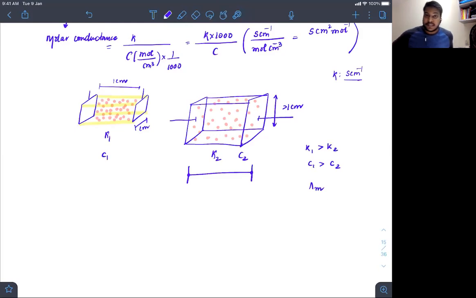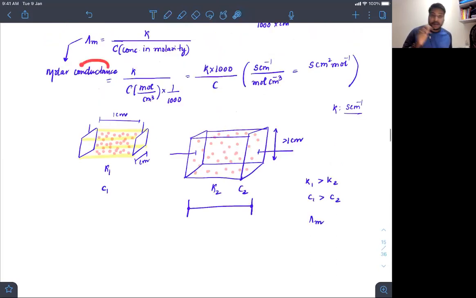एक तरफ कंडक्टेंस कम हो रहा है, स्पेसिफिक कंडक्टेंस, और दूसरी तरफ से कॉन्सेंट्रेशन भी कम हो रहा है। कॉन्सेंट्रेशन से इजीनेस बढ़ रहा है, कंडक्टेंस से नंबर ऑफ आयंस इन ए सेंटीमीटर कम हो रहा है, करेक्ट? बट सिंस molar conductance is defined per 1 mole, right? So ये पूरे 1 mole concentration को, सारे आयंस को मैं चेक करूंगा।